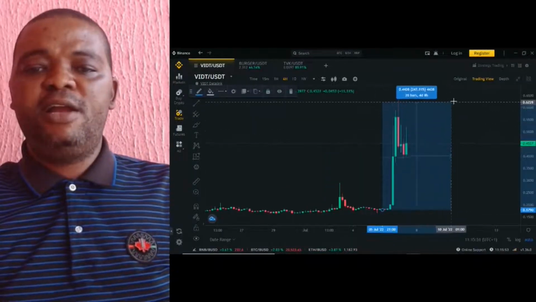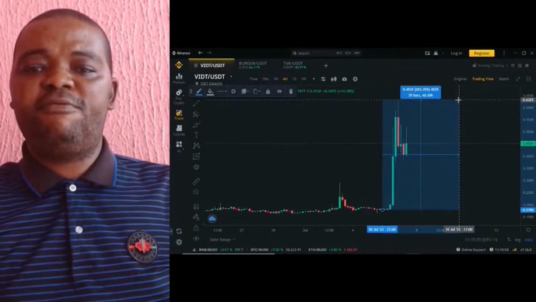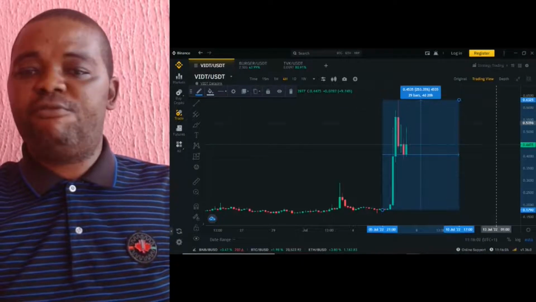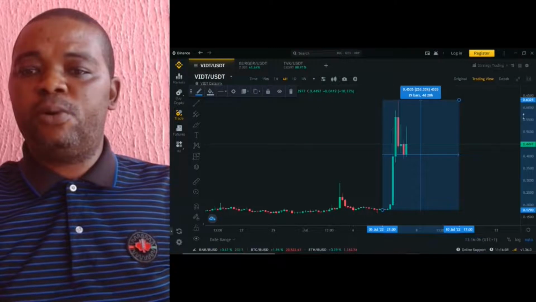And finally, it bounced up by 253% to complete its standard circle of a bullish trend operation at the highest price of this bullish trend, which is